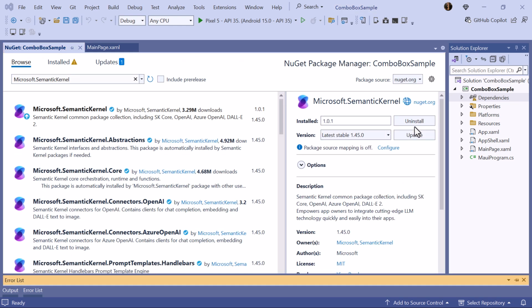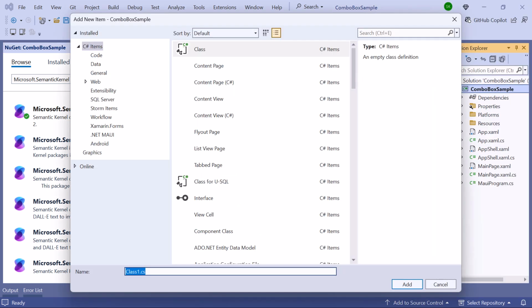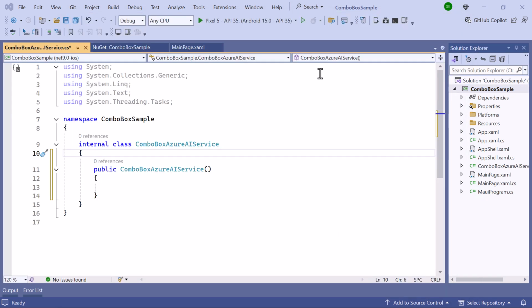In this example, we will focus on using Azure OpenAI. However, you may choose any chat completion service. If you decide to use Azure OpenAI, make sure that you have access and have configured deployment through the Azure portal. After the package is installed, I create a class called ComboBox Azure AI Service to handle interactions with Azure